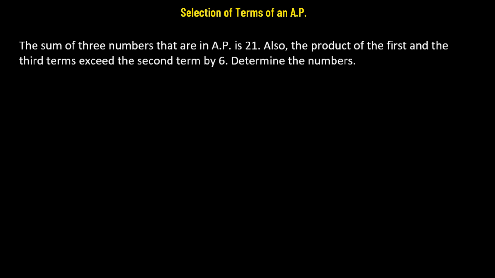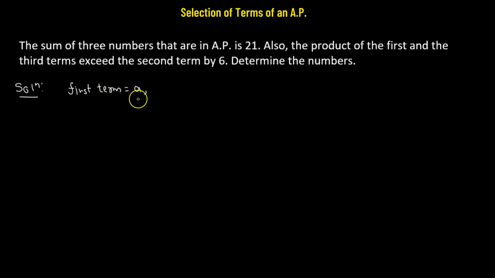So in this problem, it's given that the sum of three numbers that are in AP is 21. Also, the product of the first term and the third term exceeds the second term by 6. So using these facts, we need to obtain the value of the three numbers. So let's begin. Let's say the first term be represented by the letter a